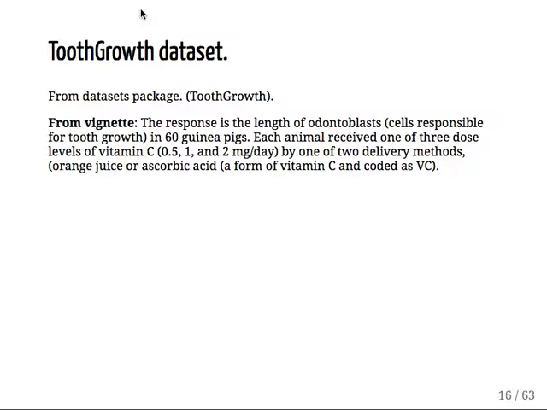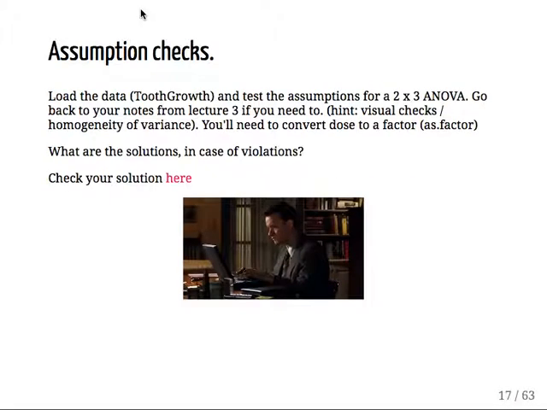So what you have in this data set is the response, the length of odontoblasts, and these are cells which are responsible for growing teeth, in 60 guinea pigs, and each animal received 1 of 3 dose levels of vitamin C, 0.5, 1, and 2 milligrams a day, and they could receive it either via orange juice or via ascorbic acid. So we can look at 2 factors here, dose and type of vitamin C. And we want to do the first step, and so you're going to go back and load